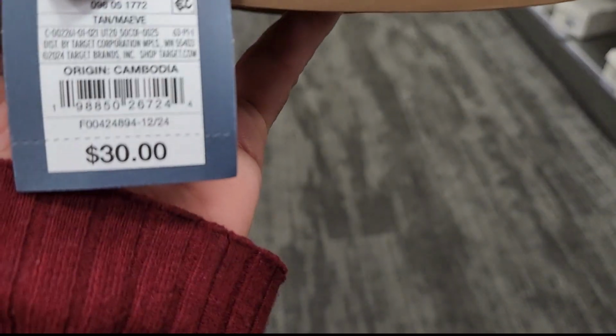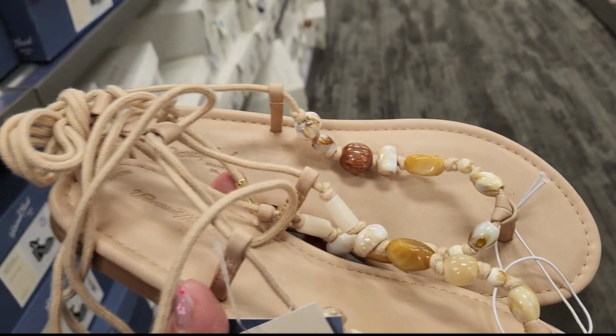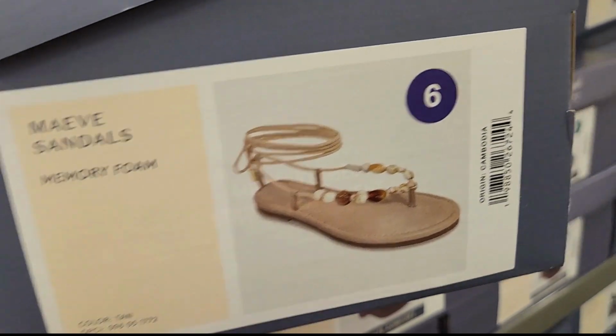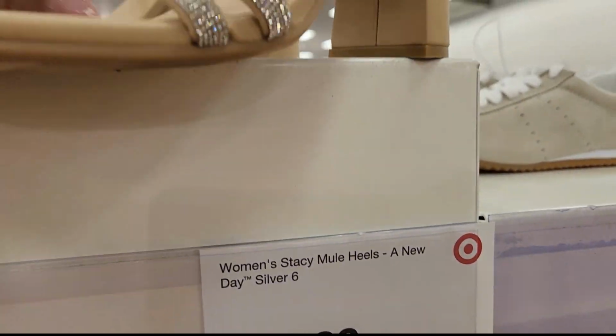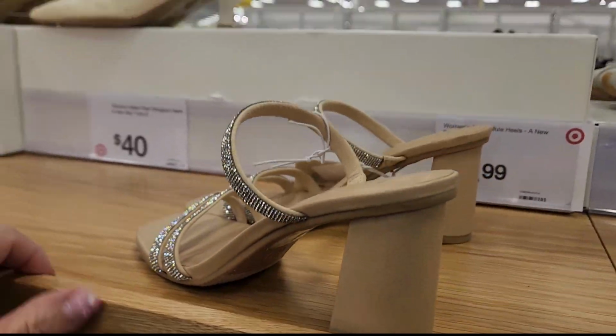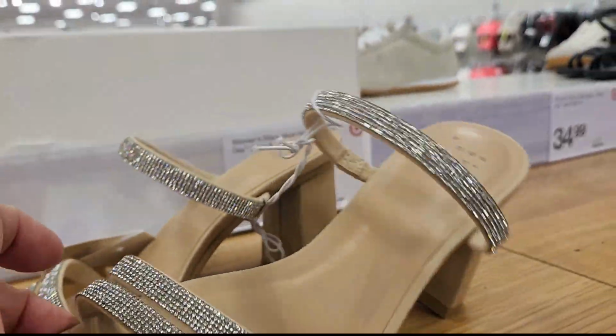Now these are going for $30, and they do have the memory foam on it. And I'll show you the picture on the box so that you can see the style of the straps. Did find another pair of shoes with the rhinestone embellishment on it, and these are a slip-on shoe. You can tell the heel is a little higher, but it is still chunky with the two straps in the front. These shoes are priced at